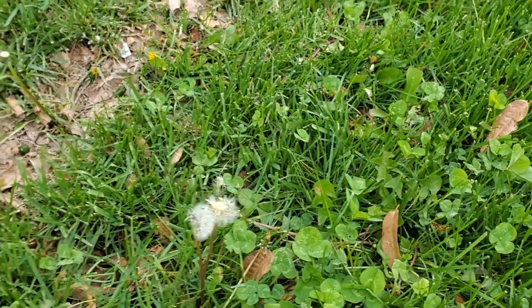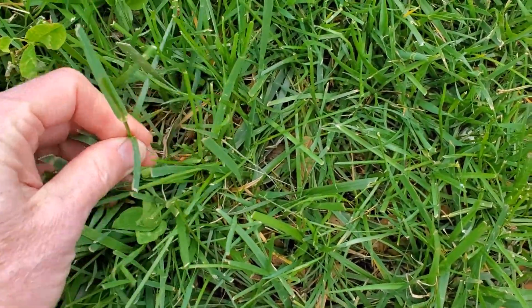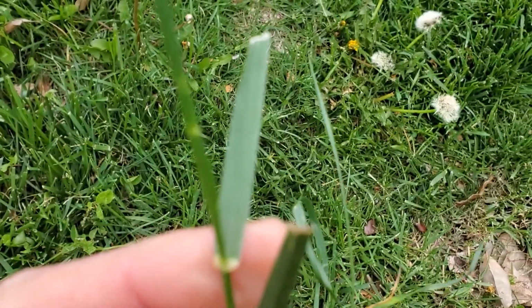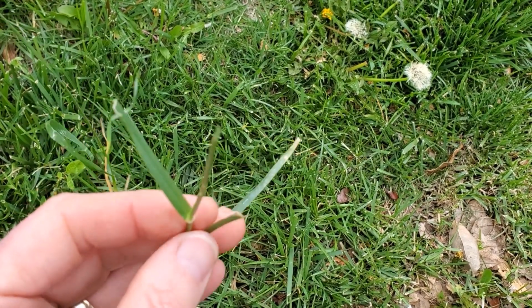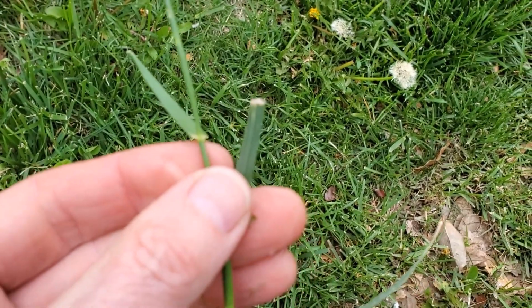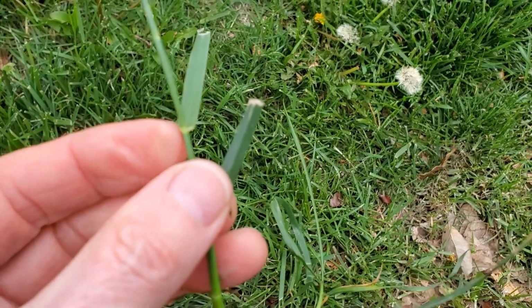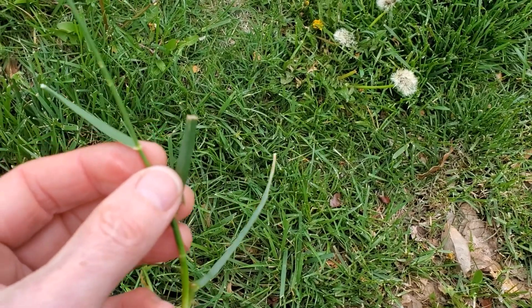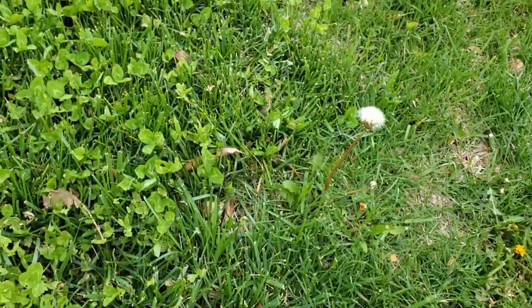In fact, all the grass, or almost all of the grass that I can find around me, is of pretty similar characteristics. You'll notice it has very prominent veins, that the leaf is rolled in the sheath, and that it lacks any prominent auricles. So I'm looking at a tall fescue sward, or mixture of grasses, along with white clover